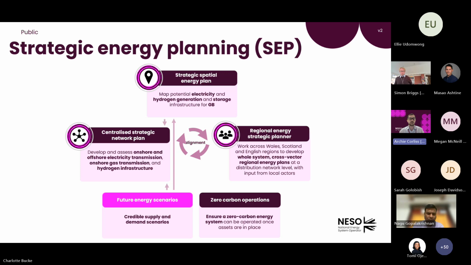The CSNP is the plan that will show how electricity, gas and hydrogen will flow on the system as the profile of supply and demand across these vectors changes in the future, and therefore will tell us with more precision the network that needs to be built across GB to support these energy flows. And the SSEP is the major driver behind the CSNP. RESPs will work with local stakeholders, governments and devolved administrations to build a ground-up view of the future that is compatible with the top-down national strategic plans, so that we can ensure that local networks are also fit for our decarbonised future.